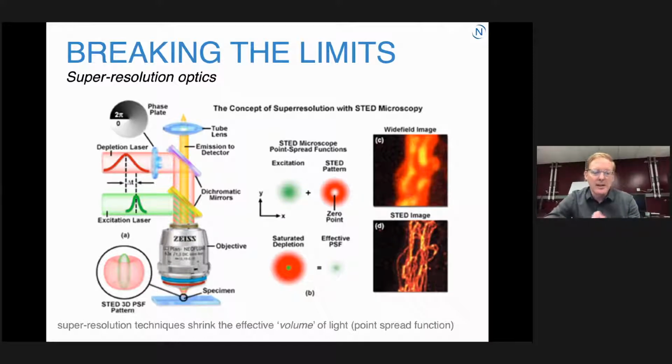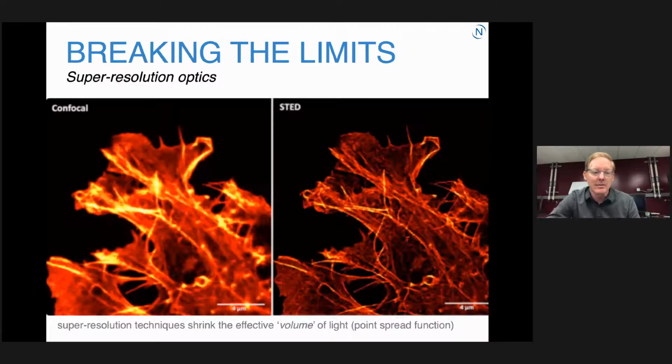technique, one particular example called STED, which is what we're going to see a little bit of when we go to the lab next door, sort of manipulates light through what we would call destructive interference. So most of us are probably familiar with destructive or constructive interference. If you've ever been to the ocean and you see how waves interact, you visualize that physically. And basically, they can manipulate the structure of the light itself to give you a dramatic enhancement in the image. So you can see here on the left, for example, a confocal image versus a super resolution image on the right-hand side. And this has really overcome hundreds of years worth of limitations on the resolution that you can achieve